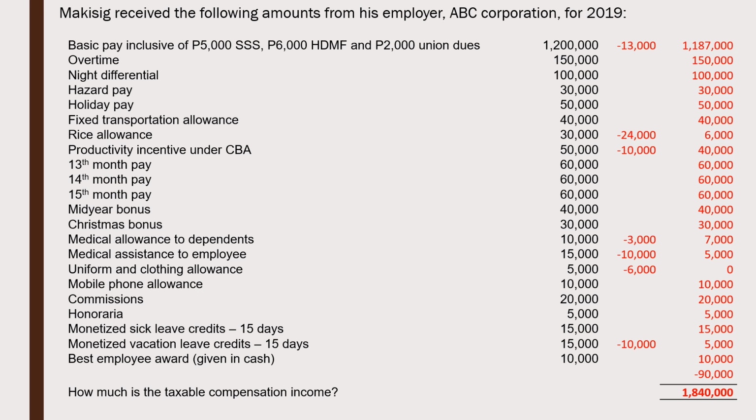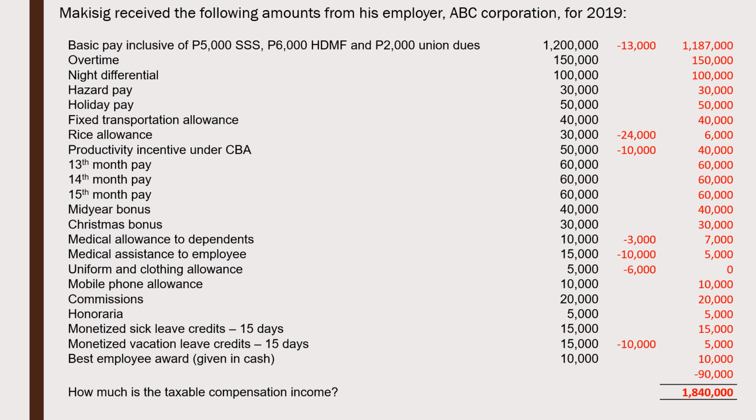Medical assistance to employee, 10,000 per year. Uniform clothing allowance, 6,000 per year. For monetized sick leave credits, these are not de minimis benefits for private corporations or private employees. Monetized vacation leave credits is only up to 10 days. So the Best Employee Award finally should have been given in non-cash for it to be considered as a